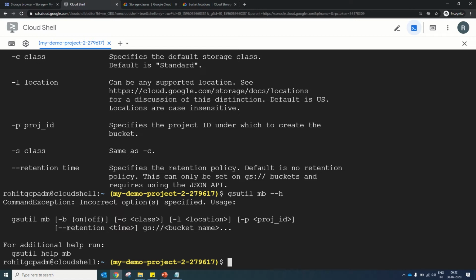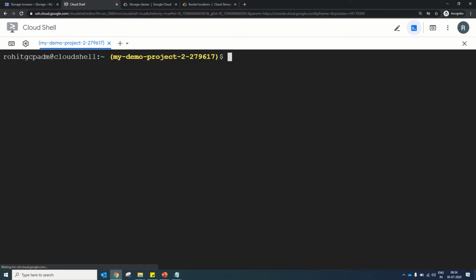This is a small help, and you can run it as and when you need to know what options are available. When you have already done a significant amount of hands-on work over the labs and you know what these options are going to do, then you can use the small help. It will just display the option names so that you can pick any required option and use it accordingly. But for beginners, I suggest using the bigger, detailed help, which gives you the detailed information along with the description. You can also export them, as I mentioned here, into text documents for your future reference, or you can study them offline. Let's start with some of the commonly used GSUtil commands.